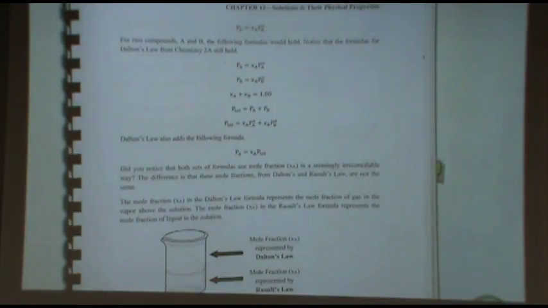Yes? Do you need Raoult's law to find something in Dalton's law? The way a classic problem is set up in 2B, I would say yes. Usually the Raoult's law problem would precede the Dalton's law problem. I don't have the question we did in class that day, but we did a long answer question that had, I believe, 7 parts. And if you look back at it, we did the Raoult's law part first, and then went to the Dalton's law part, because